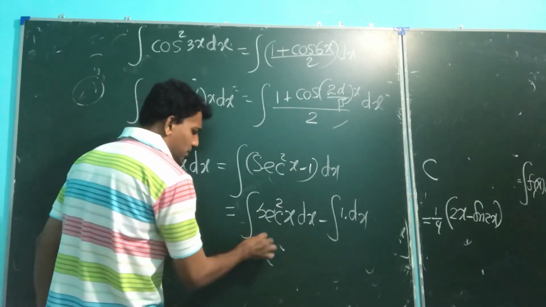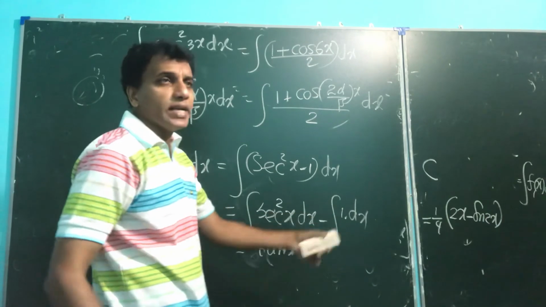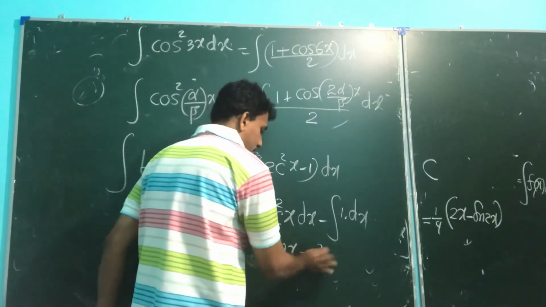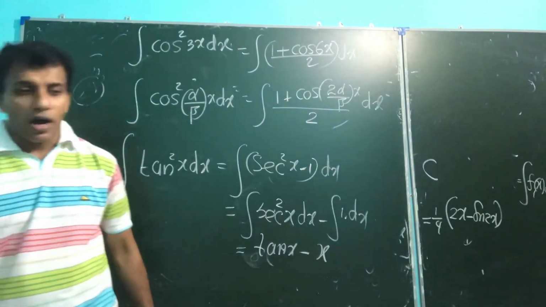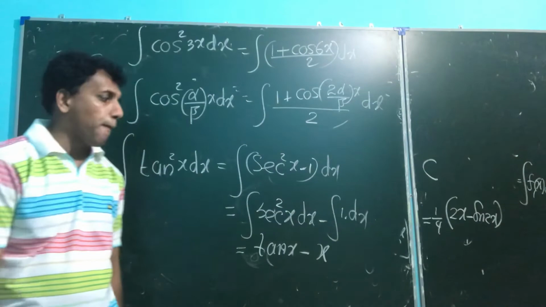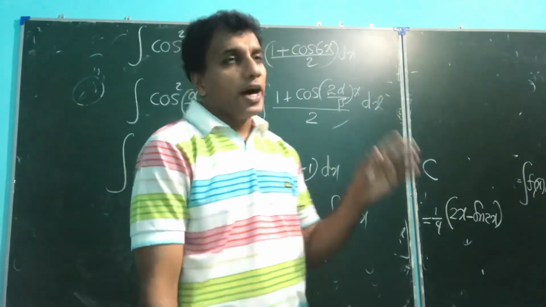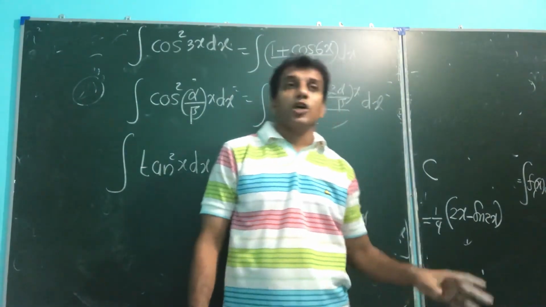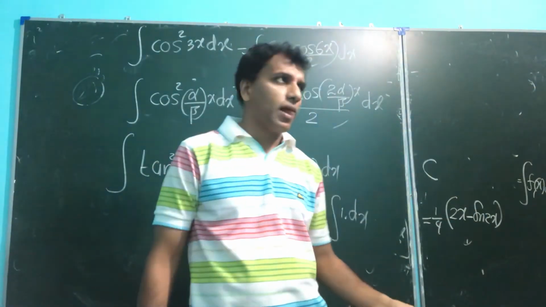The integration of 1 is x. Also plus c is available. Therefore, it's simple. Wherever tan square comes, and not only square, it can be power 4, power 6, even powers,